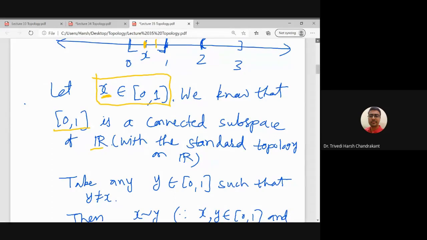So what is your answer? If I take x, which is a point in the interval [0,1], and y is a point in the interval (2,3], is x related to y? If x is related to y, what is the condition? x and y belong to a connected